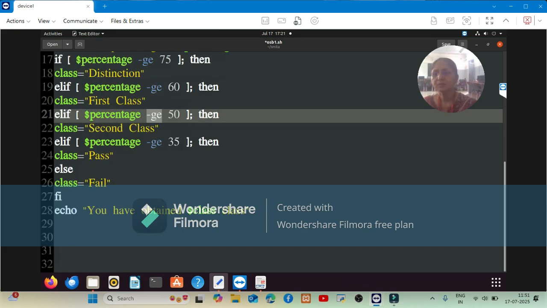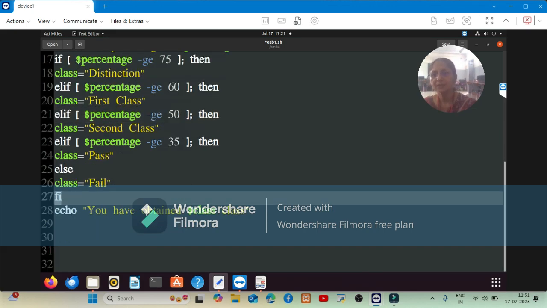Okay. Now you will wonder what is this fi. There is an if condition and we have to close the if condition in shell programming just by reversing it. What is the reverse of if? It is fi. So we close our if condition by mentioning the reverse of if, that is fi.